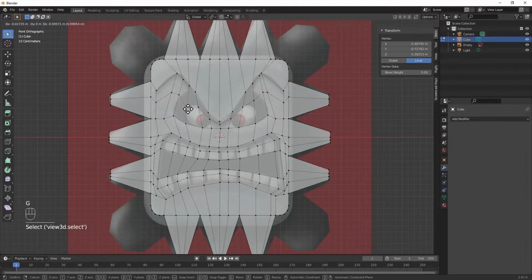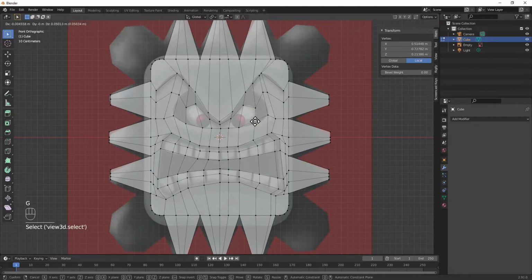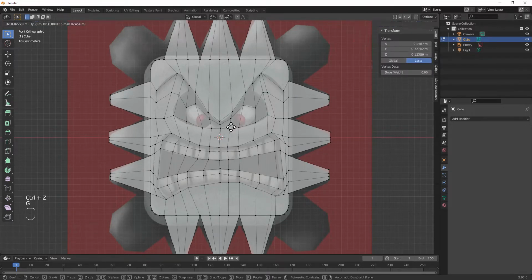Alright, I'm going to bring this one on down, bring that one on up. With the eyeball area here, it doesn't have to be perfect. Uh-oh. Pressed the wrong button there. It doesn't have to be perfect because